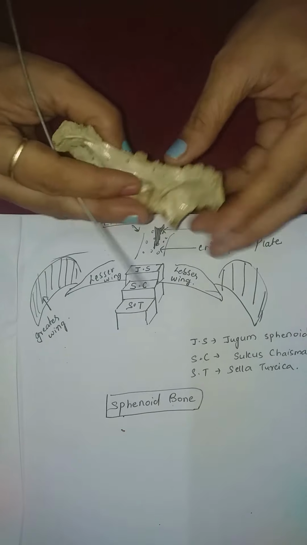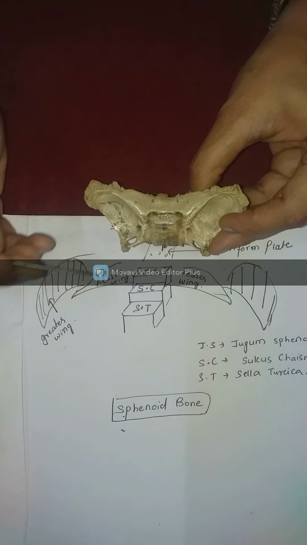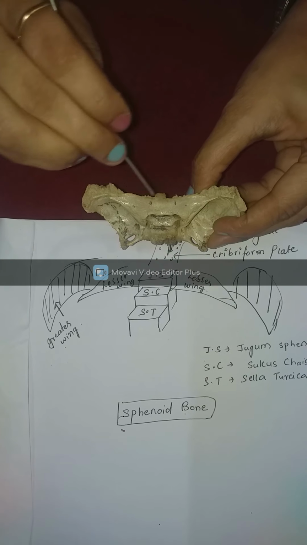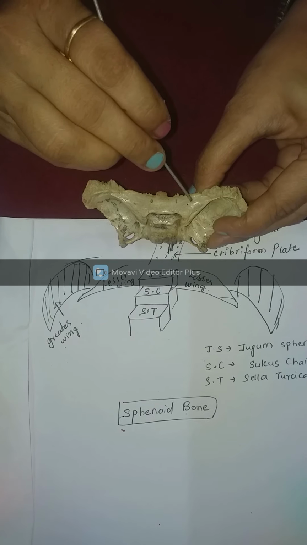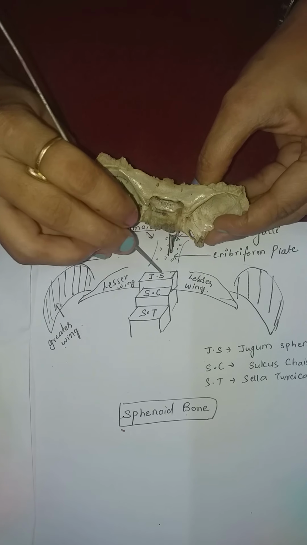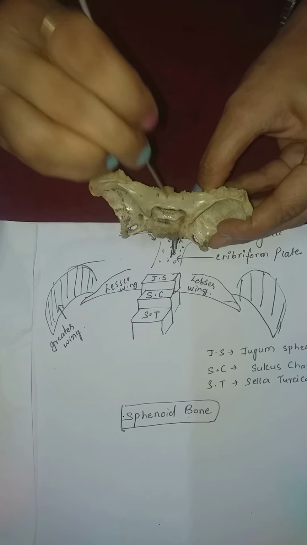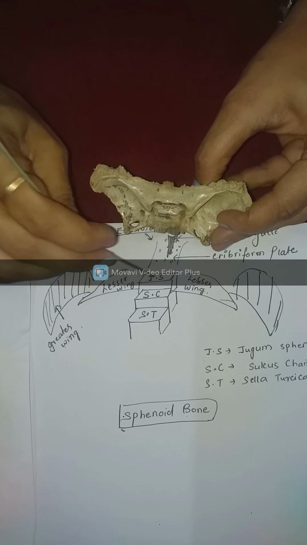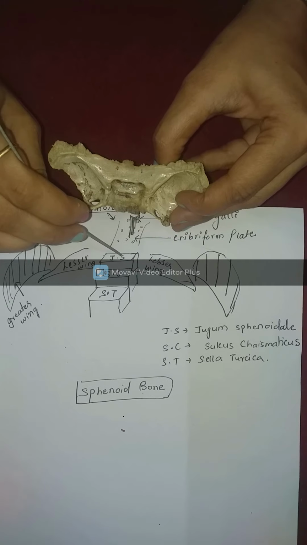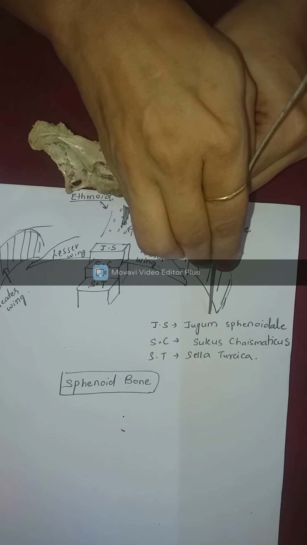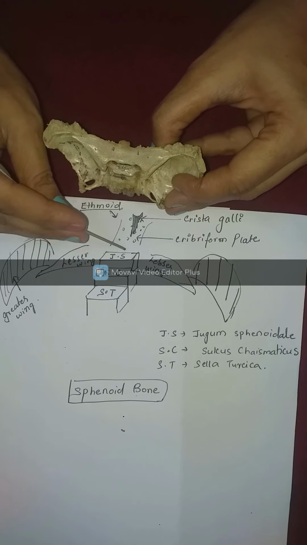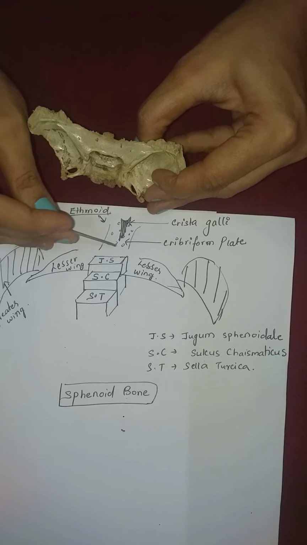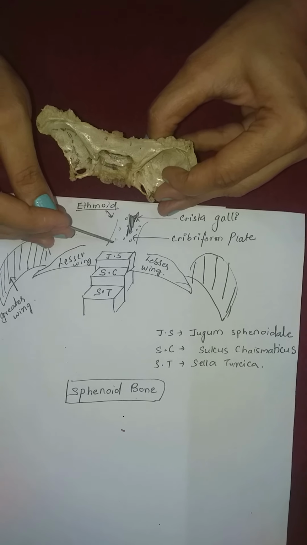So we were talking about the sphenoid and the steps on the sphenoid. First between the lesser wings, now we are going down the steps. So we jump here. This is called the jugum sphenoidale. Here is the spelling of jugum sphenoidale. Now the anterior margin of the jugum sphenoidale will articulate with the ethmoid bone, the cribriform plate of the ethmoid bone.